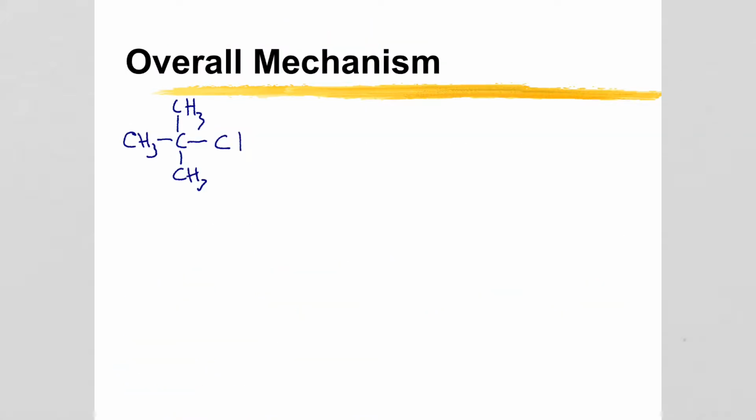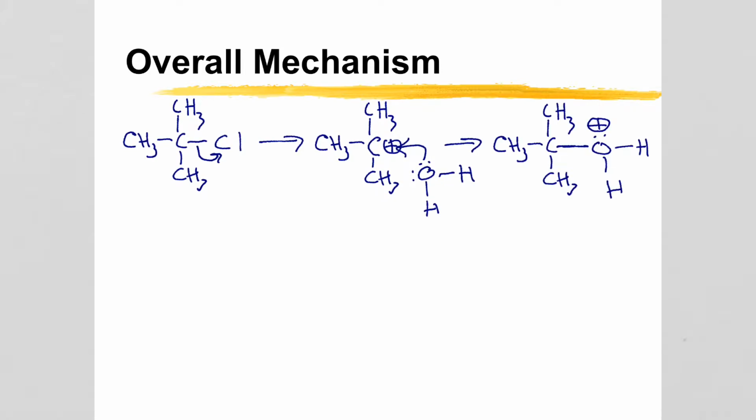So let's look at the overall mechanism for the reaction. First, as we just pointed out, we're going to form the carbocation, and then water is going to come in as the nucleophile and form a bond to that carbocation. That's going to give us, we're getting closer to our product now, and then another molecule of water, because remember it's the solvent, so there's lots of it around, can come in and remove that proton. So that's going to give us our alcohol, and it's also going to give us